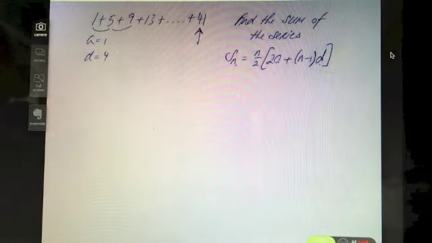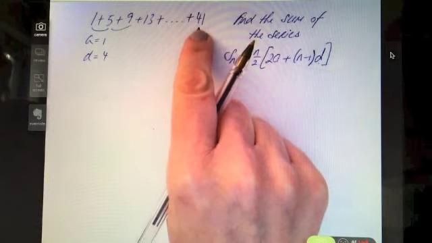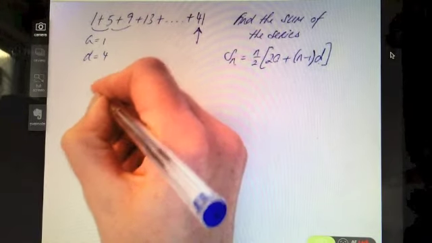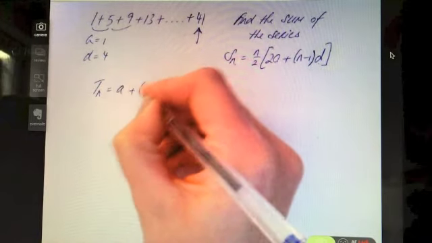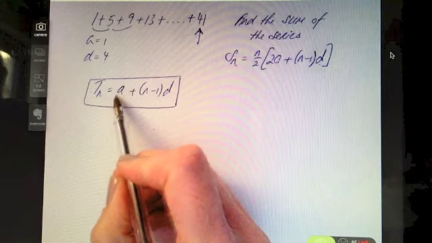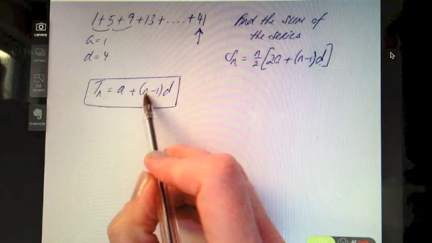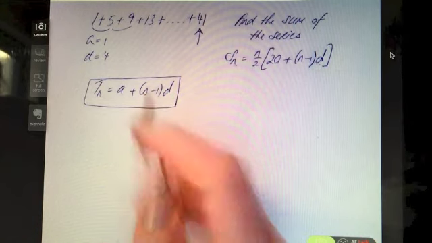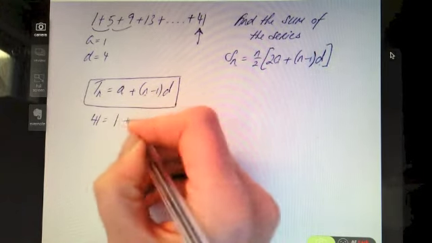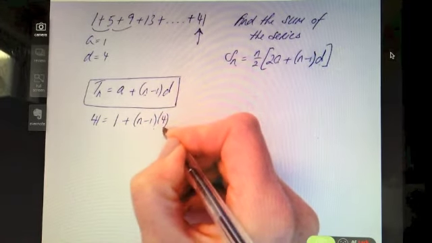So what I'm going to need to do here is find out what term that is. If I know what term that is, I know how many I need to add together. So if you go back to our nth term formula that is in our log tables, this is going to help us out here. I know that this particular term has a result of 41. I just don't know what term it is in the series. So if I know it is 41 and I know the first term is 1, obviously I don't know what the n is yet, but the common difference I know is 4,